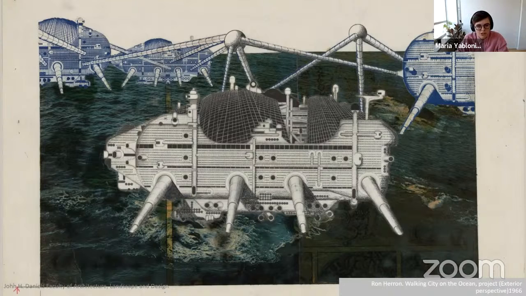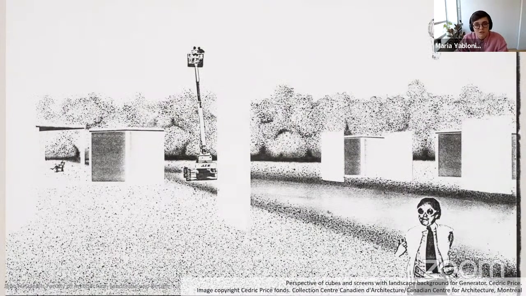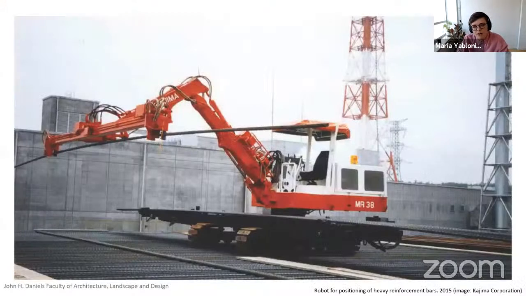Starting from speculative visions of architectural futures, where the boundary between the architectural space and the machine becomes very blurred, to then prototypes of intelligent buildings that are capable not only of mechanical movement, but also some level of intelligent response, some level of decision-making, and oftentimes even boredom. And then, of course, on the other hand, we have the construction automation boom that has been happening for quite a bit now,